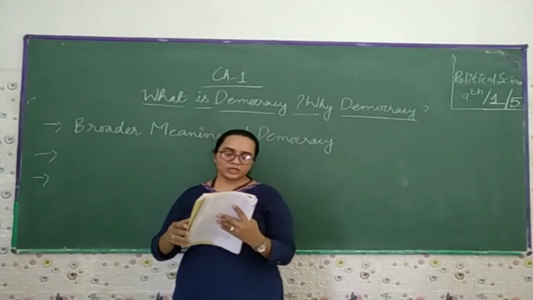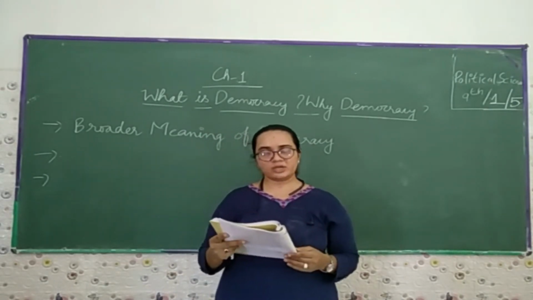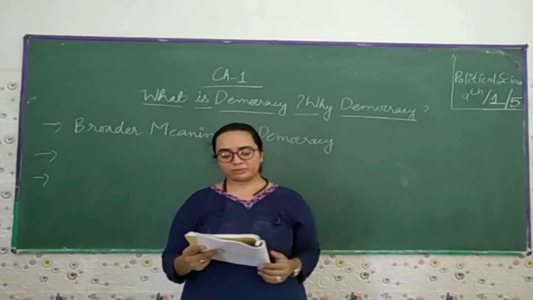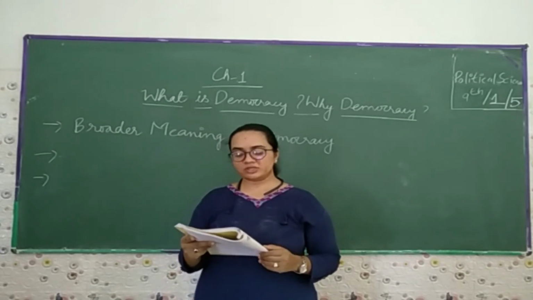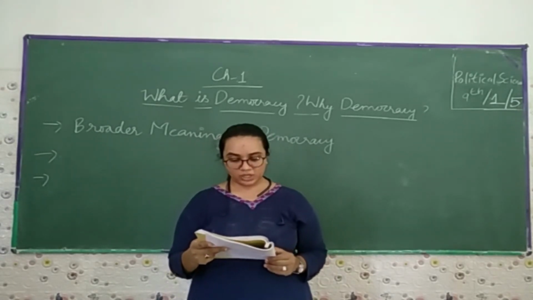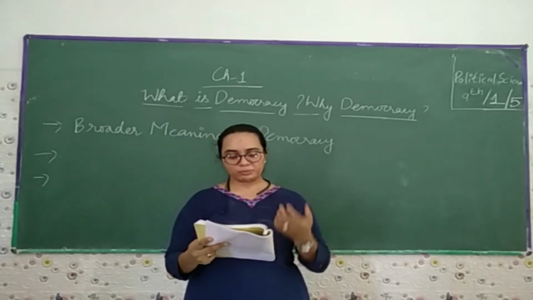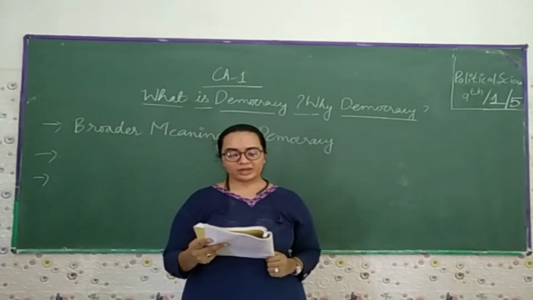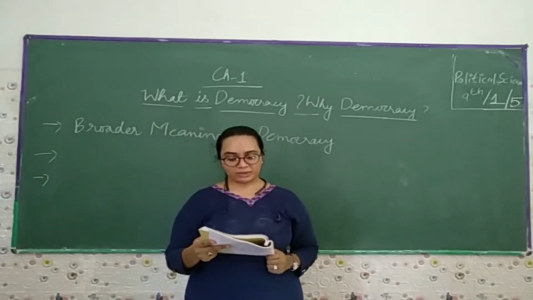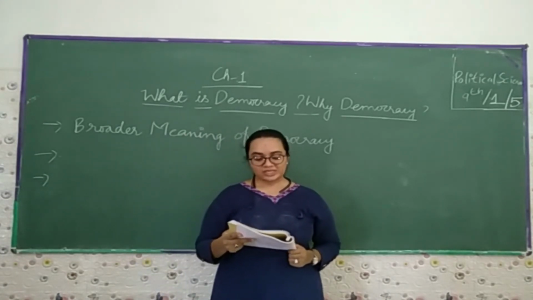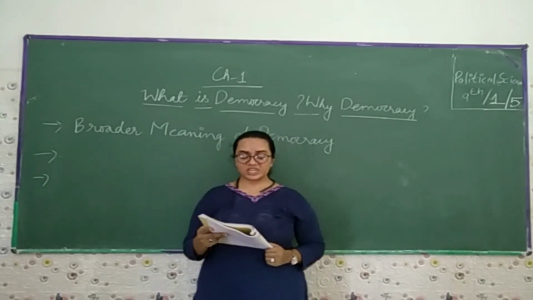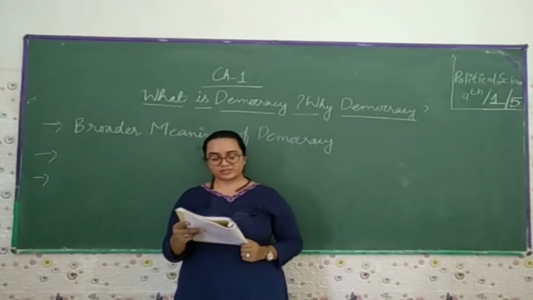Now we go further. This also means that no country is a perfect democracy. That is true, no country in this world is the perfect democracy. The features of democracy that we discuss in this chapter provide only the minimum condition of democracy. The minimum conditions they provide do not make an ideal democracy. Every democracy has to try to realize the ideal of democratic decision making. This cannot be achieved once for all. This requires constant effort to save and strengthen the